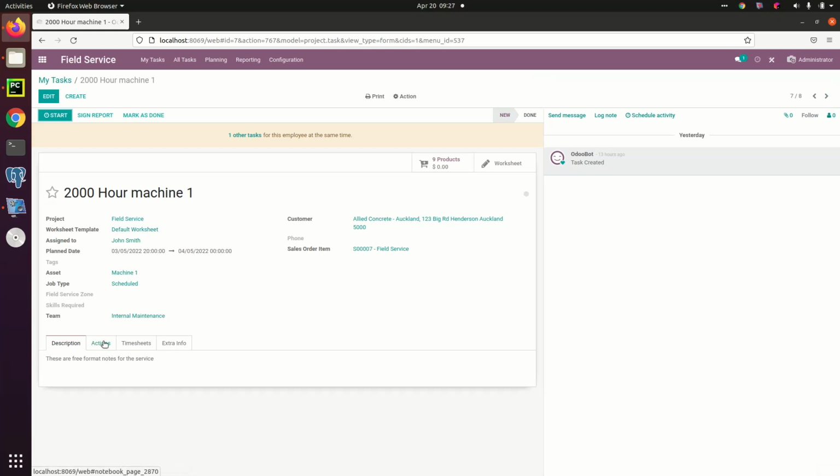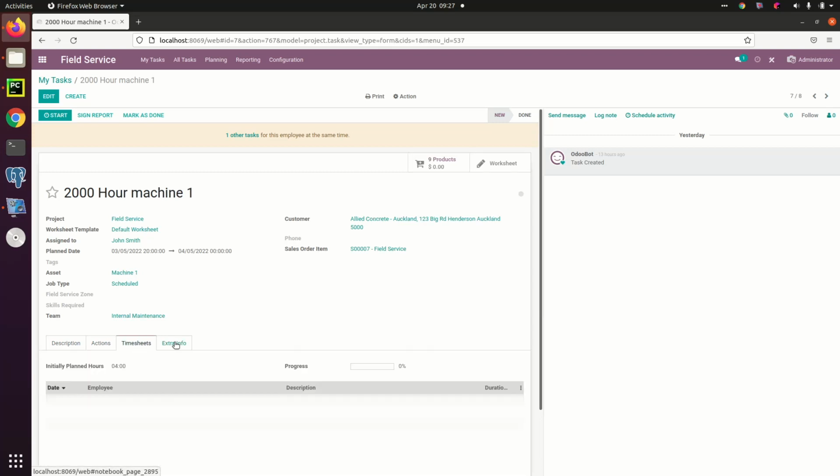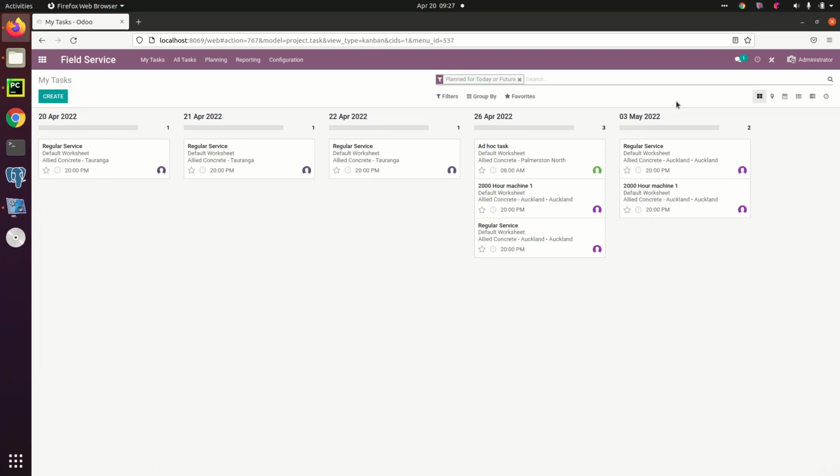You can see also against this asset now, I can set up by default certain actions that need to be done, either required or not required, and John can record his time in here, and I'll just work through that in a little bit. So all of that stuff and how far in advance you want to go is configurable by you. So you just say, I want to be able to schedule all my scheduled service stuff 2 weeks in advance,